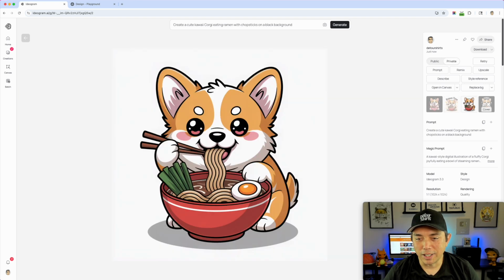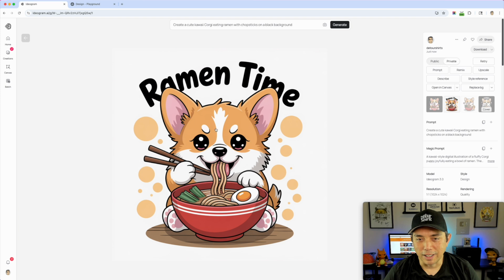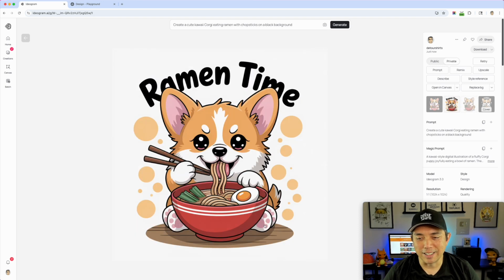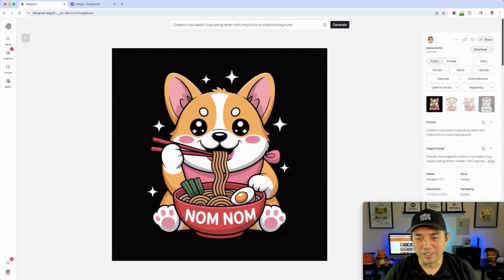I don't know which one I like better with the tongue. I think I really like this one. Just the, oh wait, the feet look kind of weird here. It's got 2 pairs of feet. Maybe not that one, maybe this one right here. So there's some AI stuff going on here. Those feet are better. Maybe this one is actually better, but I didn't ask for nom nom on there.